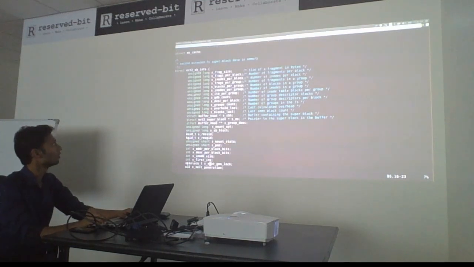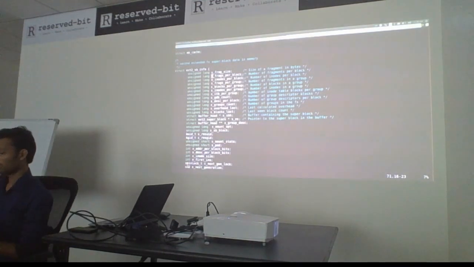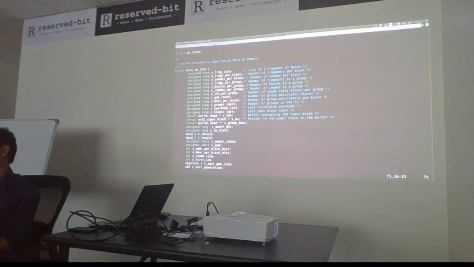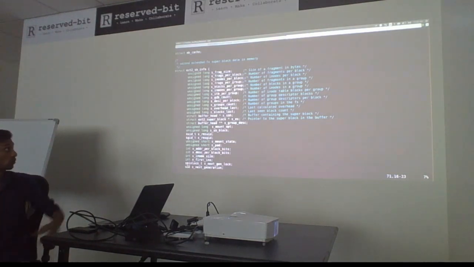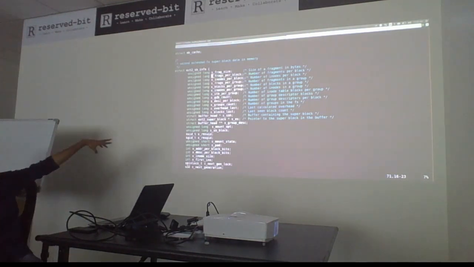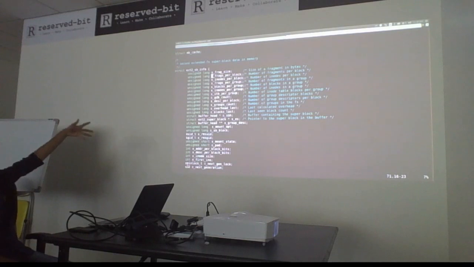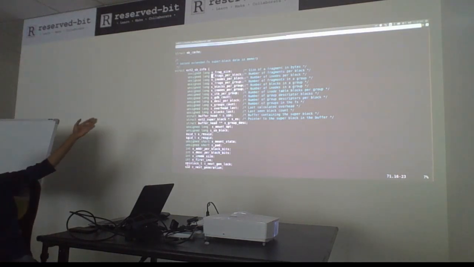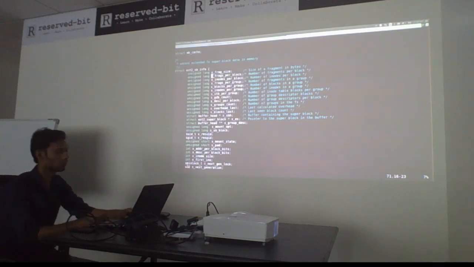Okay, here is one more concept I would like to introduce. There are two kinds of data structures in the file system domain: in-memory data structures and disk data structures. If you go into the source, you will find two super block definitions, where one represents the in-memory data structure, and similarly if you go just below here,